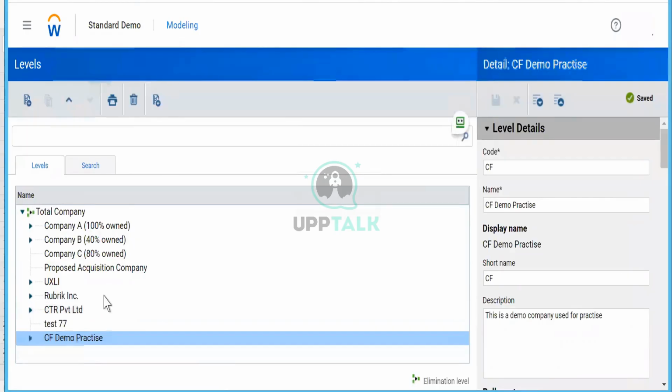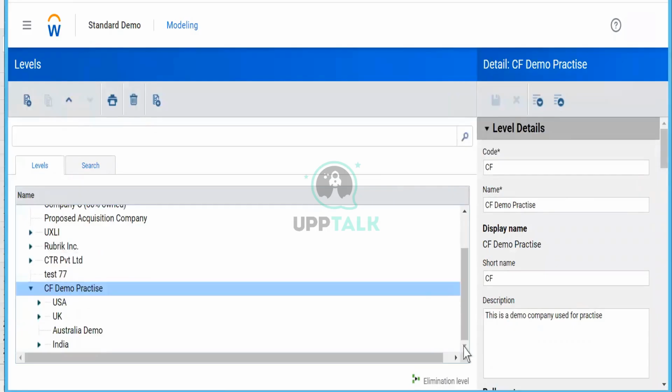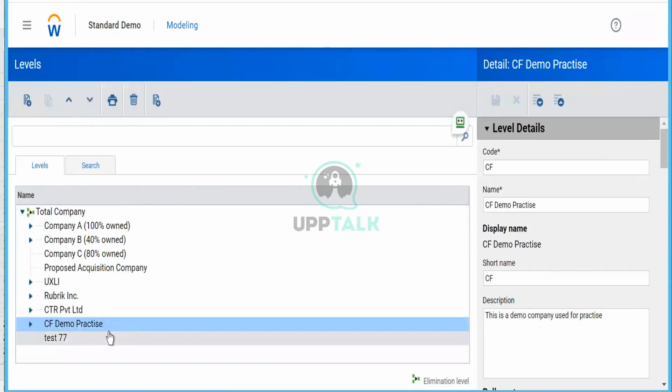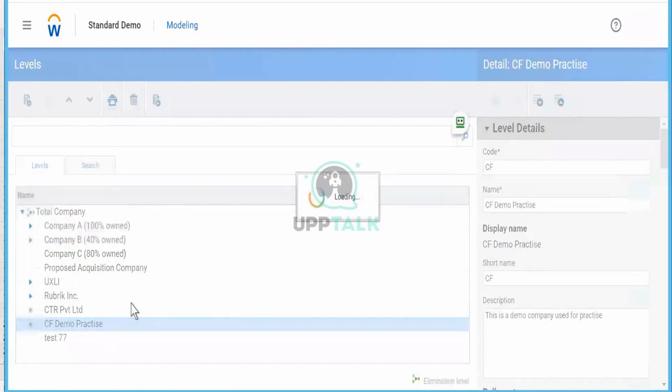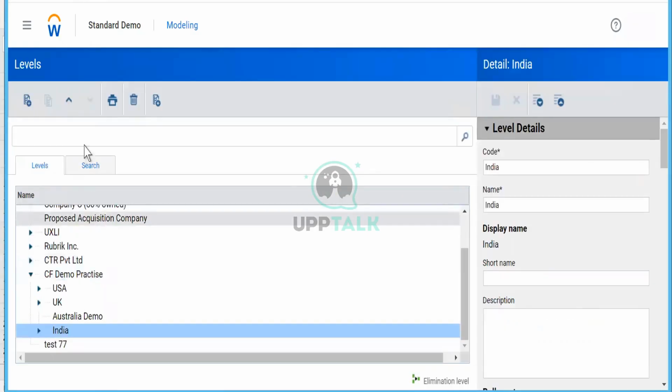Inside CF, we have India, USA. I will just move this up. It's not working. Let's move this up.